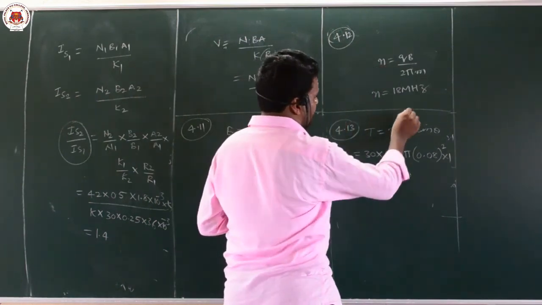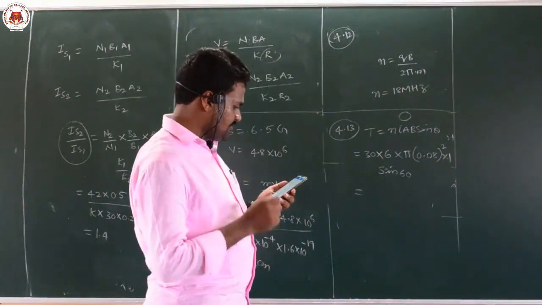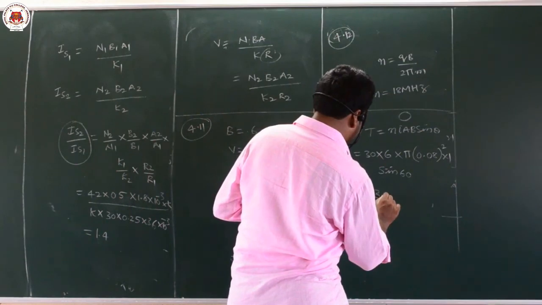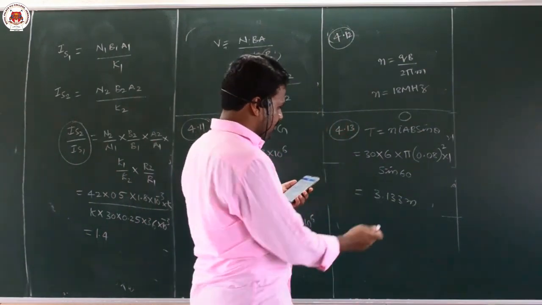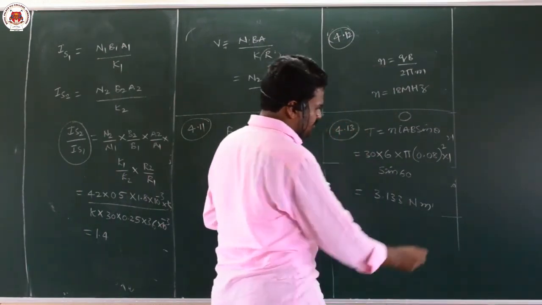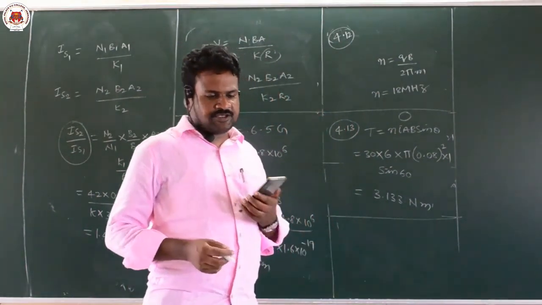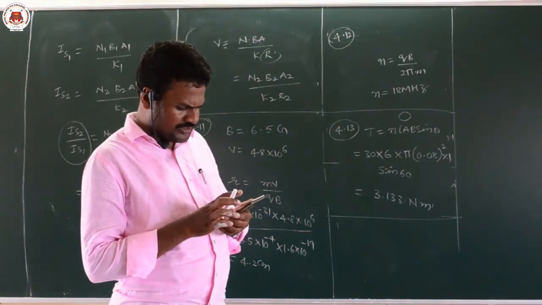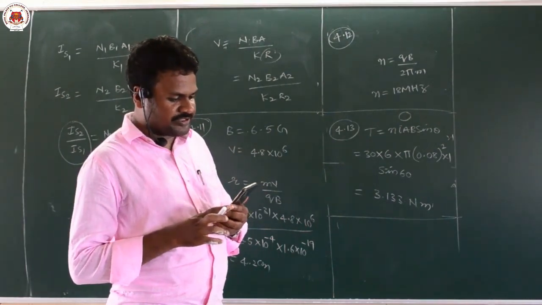So there is a circular coil, and it asks for the torque developed when it is kept in a magnetic field. So this is 4.13. If you solve this, you will get 3.133 Newton meters. So take these formulas and just substitute by seeing your NCERT textbook. Still, if you can't solve, if you have any doubts, you can send me in the WhatsApp group, so that we can discuss in the next class.